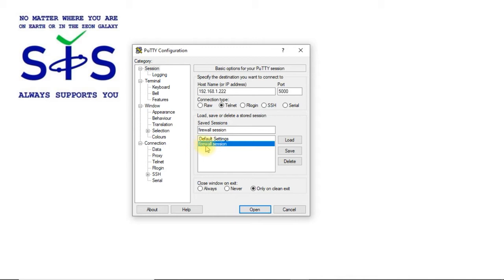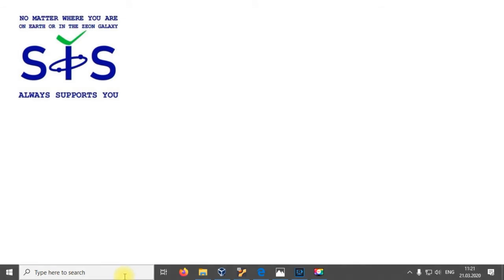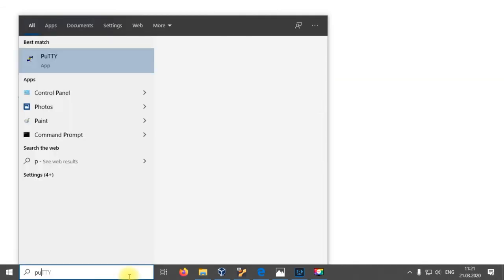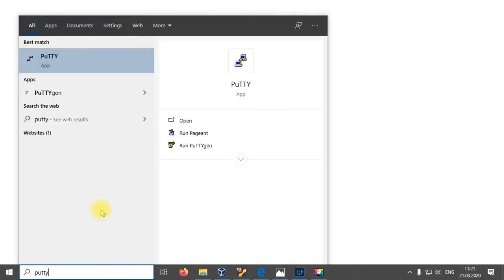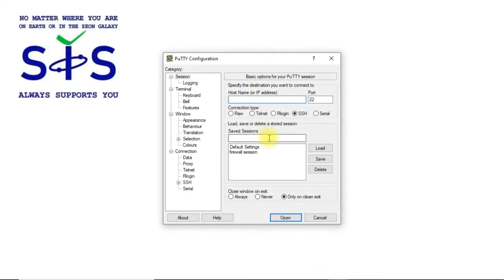Settings for the session will be saved, and now if you ever want to load this session after opening your PuTTY, all you need to do is to click Firewall Session, next Load, like you see settings are loaded, and next hit Open.